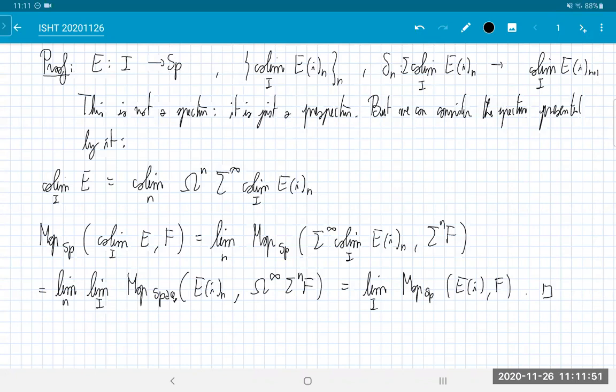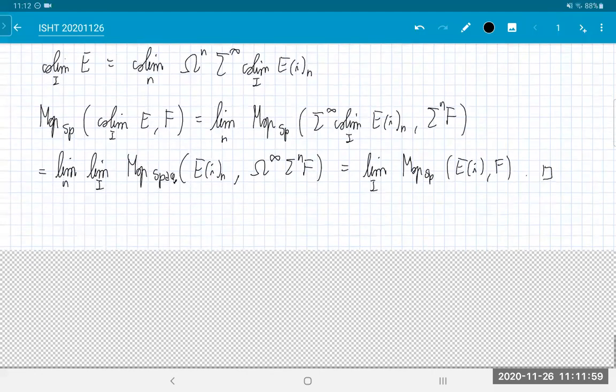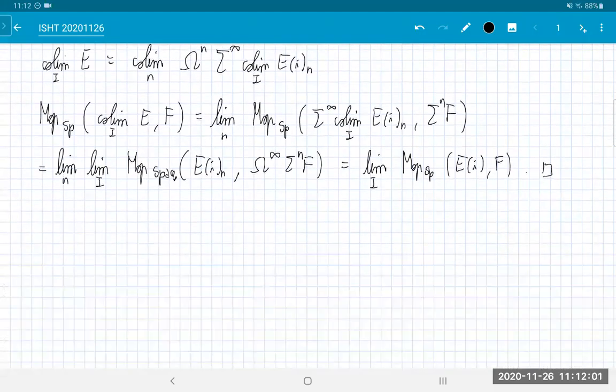Now I want to give you the single most important property of the category of spectra. In some sense, the category of spectra can be realized as starting from pointed spaces and imposing this property I'm going to prove now. And that's going to make everything work. So let's pay attention. So proposition,